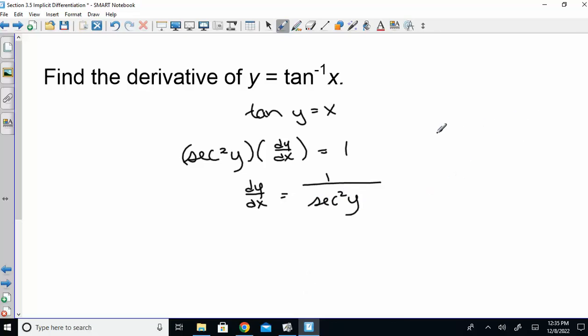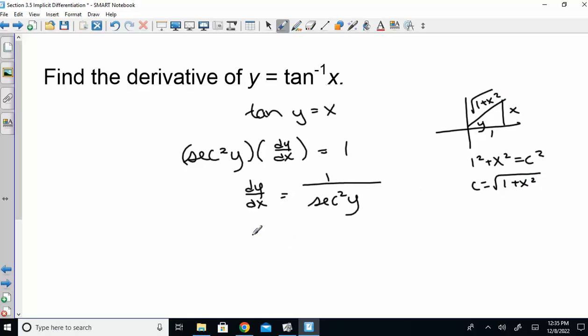If I told you though this had to be in terms of x, think about your triangle. Tangent of y equals x. So tangent is opposite over adjacent. So my opposite side is x, my adjacent is 1. a squared plus b squared equals c squared. So the hypotenuse is the square root of 1 plus x squared. So dy/dx is 1 over